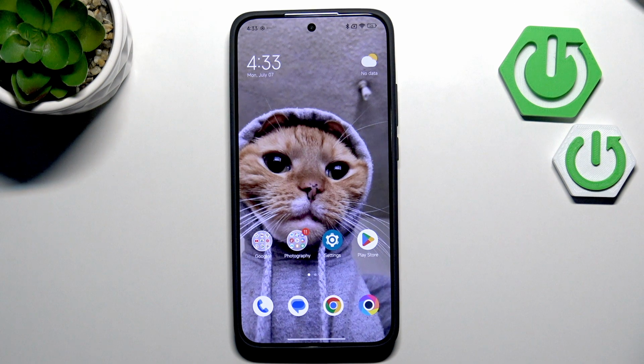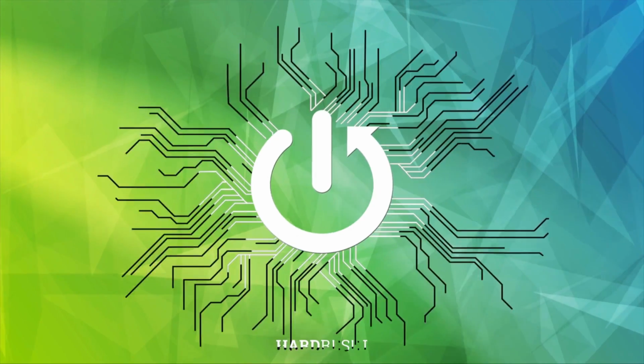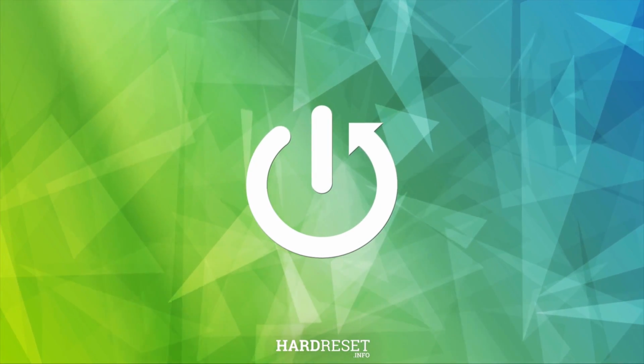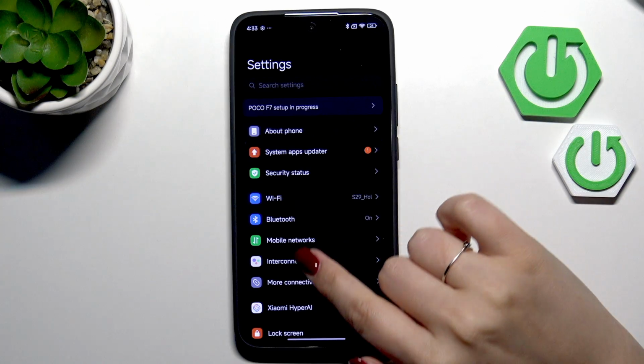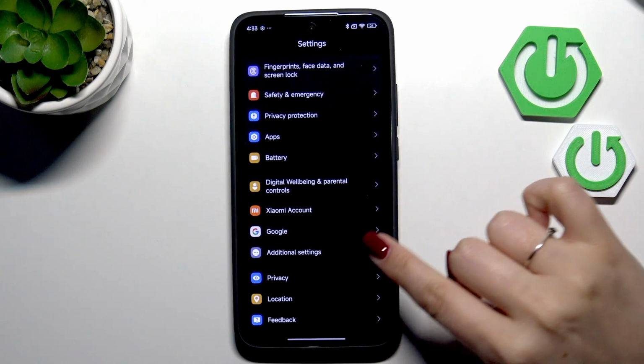Hi everyone, in front of me I've got POCO F7 and let me share with you how to change the system language on this device. So let's begin with opening the settings, and here we have to scroll down to the very bottom to find